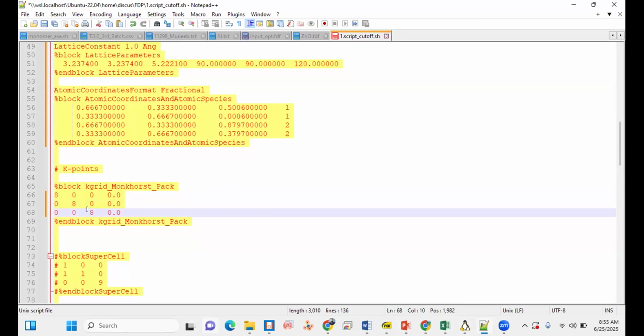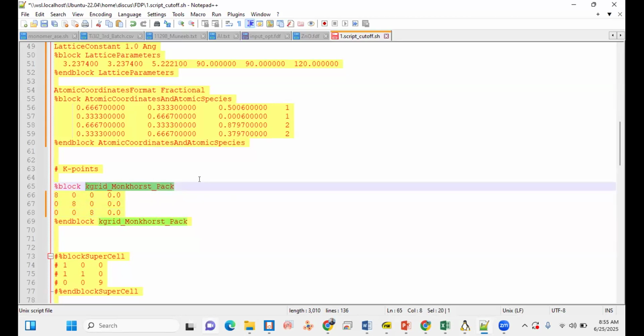You always take even, the even distribution of K points. If you remove this scheme and you insert, I have to go through the Siesta manual, whether Siesta manual has another scheme too, then you can use 8, 2, 1, such K points. Okay, sir. Thank you.